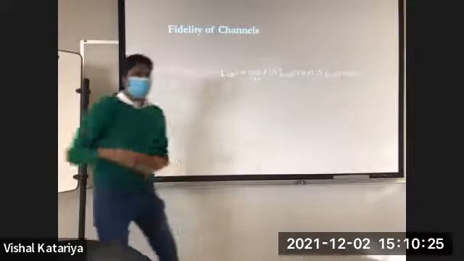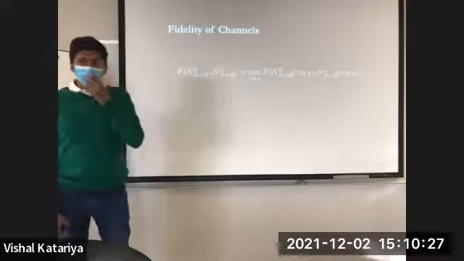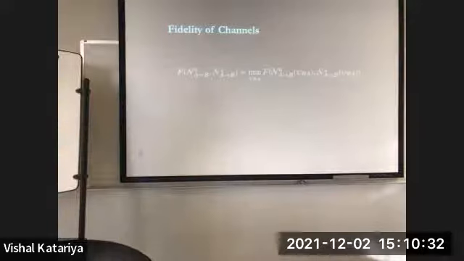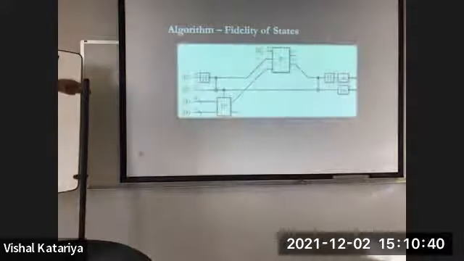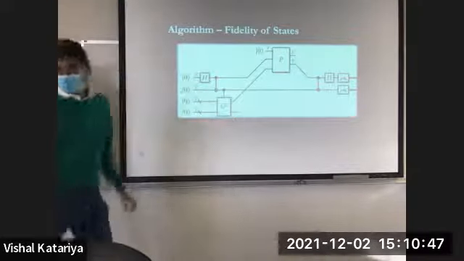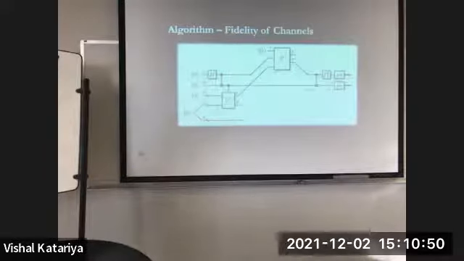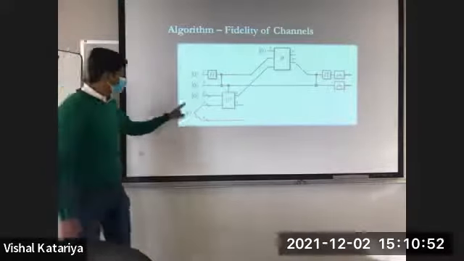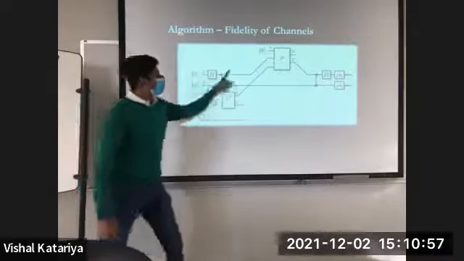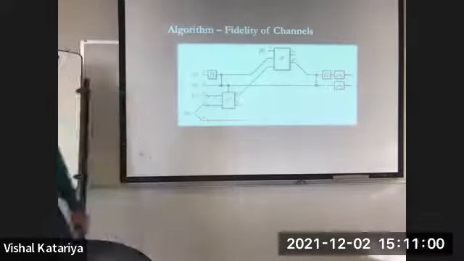And since we have access to all powerful provers, what we do is we add another prover in the beginning who minimizes the input state. You just need to add one more prover to minimize the fidelity. So if you go back and look at the fidelity of states circuit diagram, all we do is add another prover here for the input state. So this is technically a prover that creates state psi and sends it in, you do the exact same thing, and you can show that